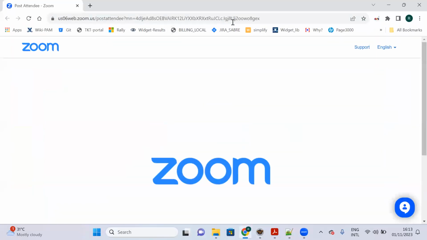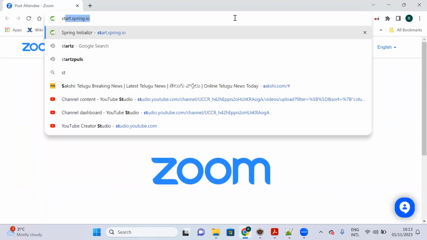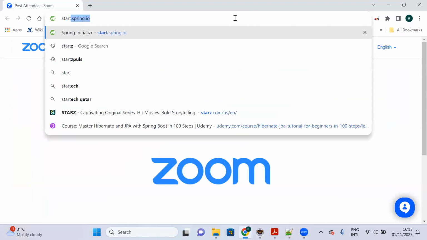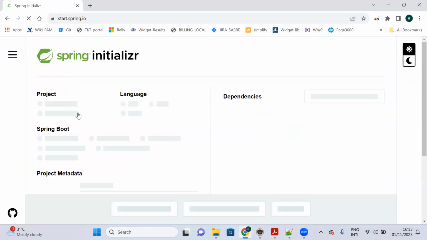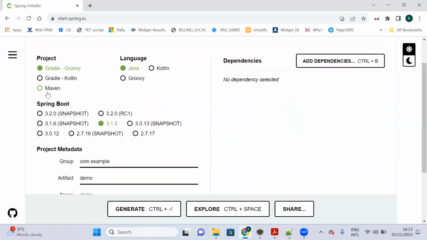Open the browser, and then here we can go to start.spring.io, Spring Initializer, right? So we can create a project from Spring Initializer. I'm going to create a Maven project, and then let it select the latest Spring Boot version, 3.1.5,